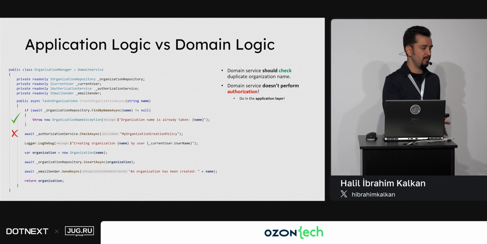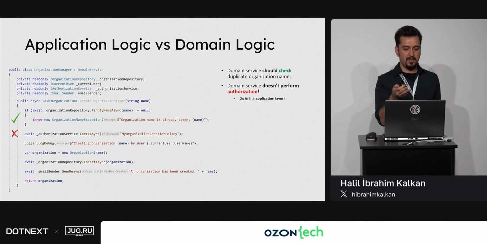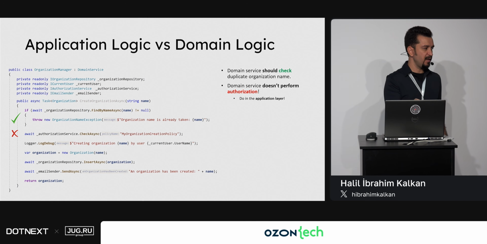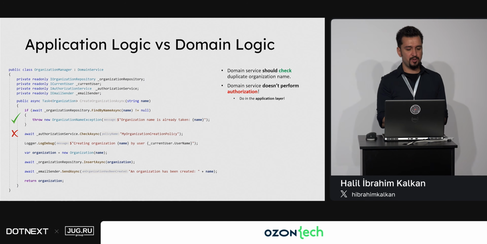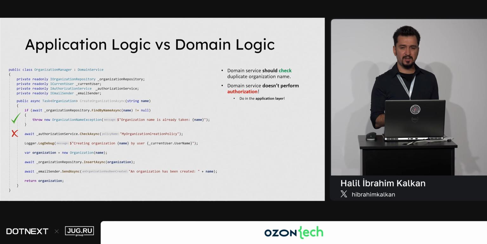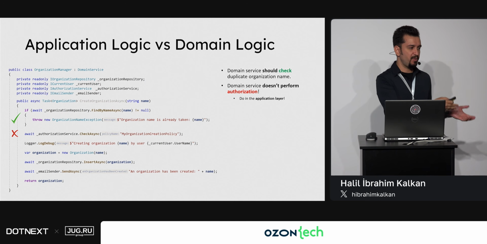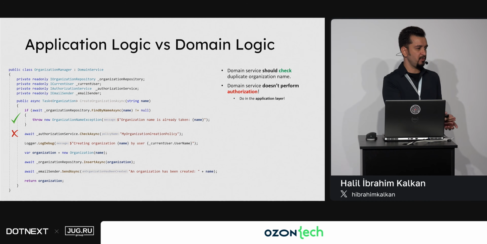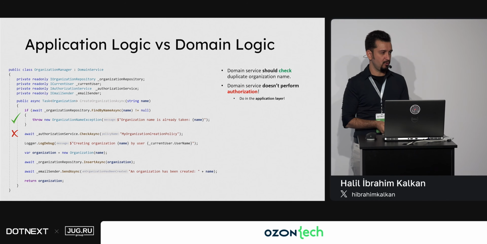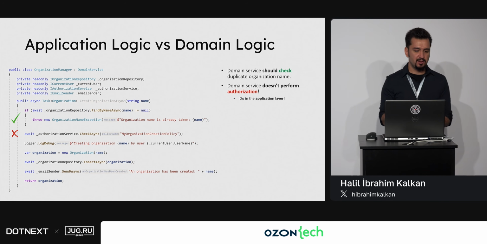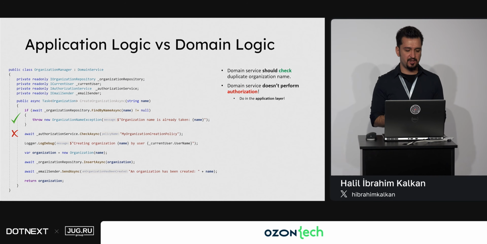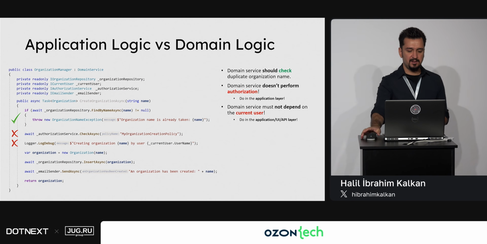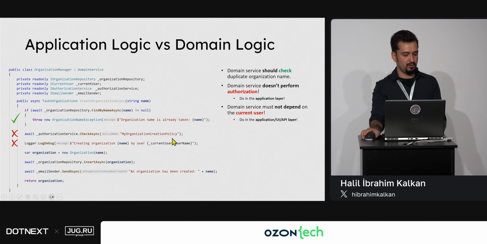It should be located in the application service, because this code should be reusable, and in some cases we check permissions, in some cases we may not. For example, we have a web application and a background services system. In background services there is no user, so how will we check permission? You cannot reuse this code otherwise. So authorization is logic of the application layer. Again, this writes some logs about the current user. Current user is also not a domain service thing.